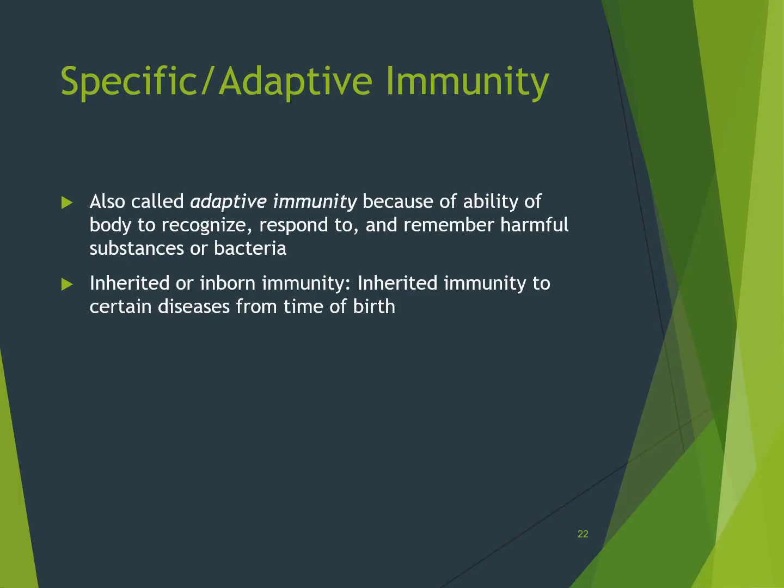The other type of immunity is called specific immunity. It is also referred to as adaptive immunity because of its ability to recognize and respond to a specific pathogen the next time around. All right, so it's very specific because antibodies are now going to be developed against that particular invader, and memory cells will store that information. And if the invader is around the next time, those memory cells will go to action and stop it, but it won't stop something else that it hasn't been